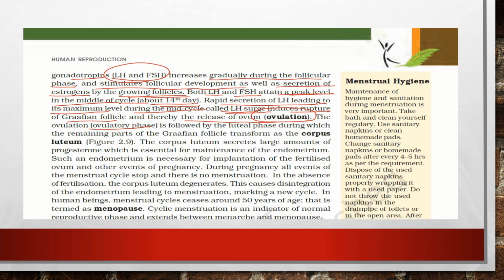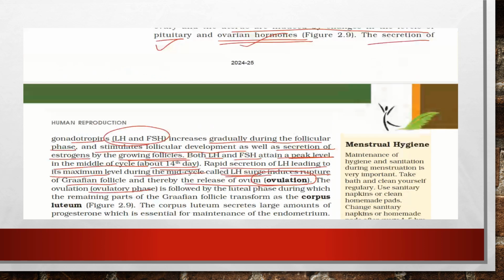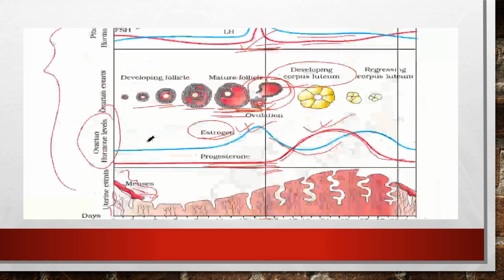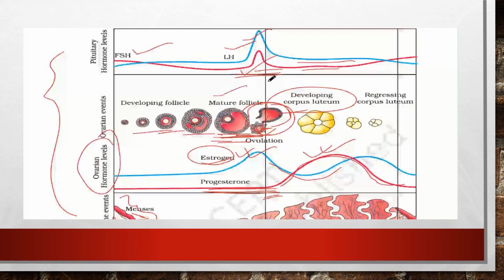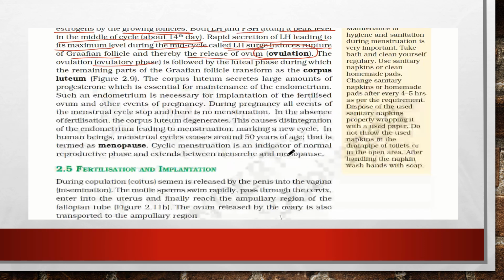Now we are going to move on to the phases after ovulation. Till now we have seen the development or maturing of the follicle and the development of the fully developed Graafian follicle, and due to the LH surge, the rupture and the ovulation. So now we will see the process which is happening after the ovulation. Ovulation has already happened, so we are moving towards the process which is happening after ovulation.